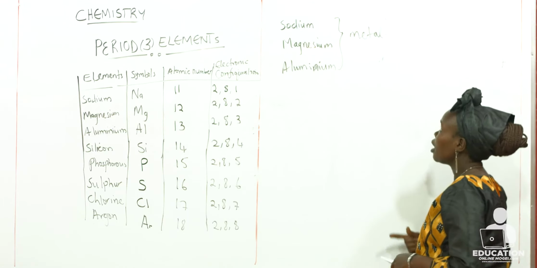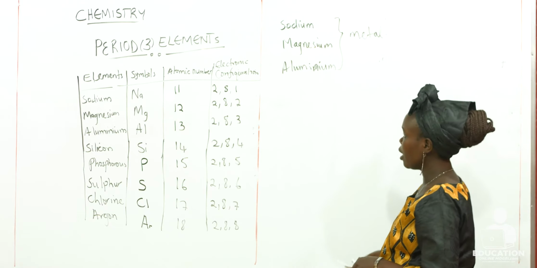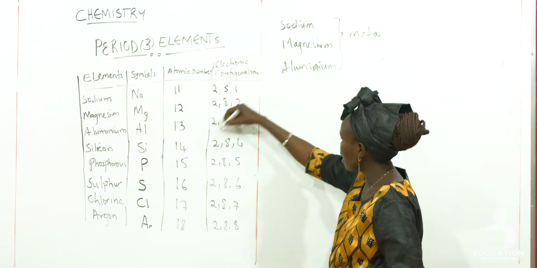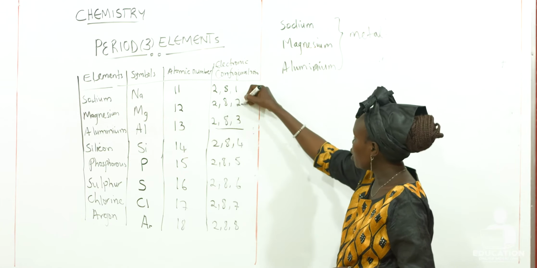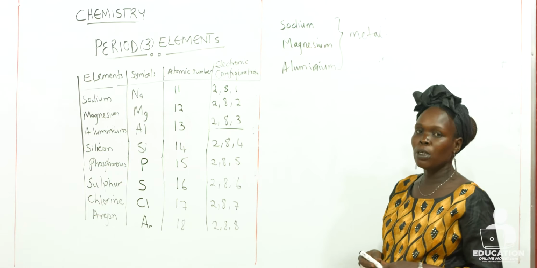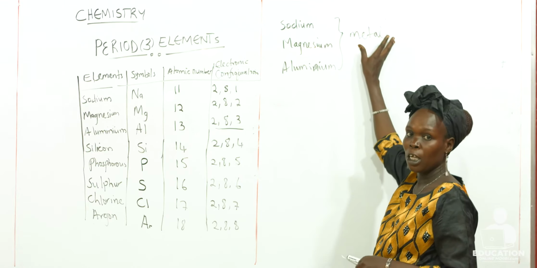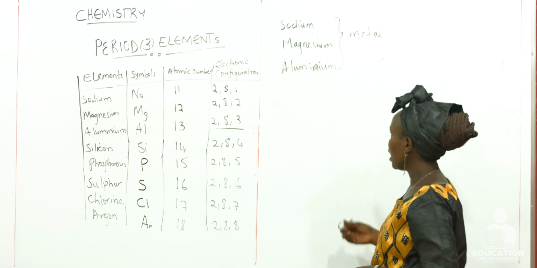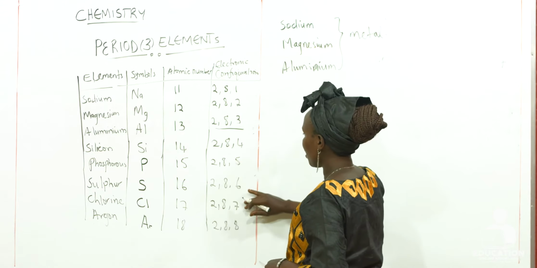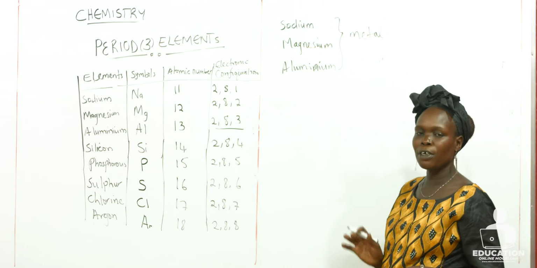Because they are the elements that lose their electrons. So up to here we have seen that there is 1, 2, and 3. So these 3 electrons are going to be lost. So it means when they lose electrons, we consider them as metals. And those elements, phosphorus, sulfur, and chlorine, are considered to be non-metals. And for non-metals, they